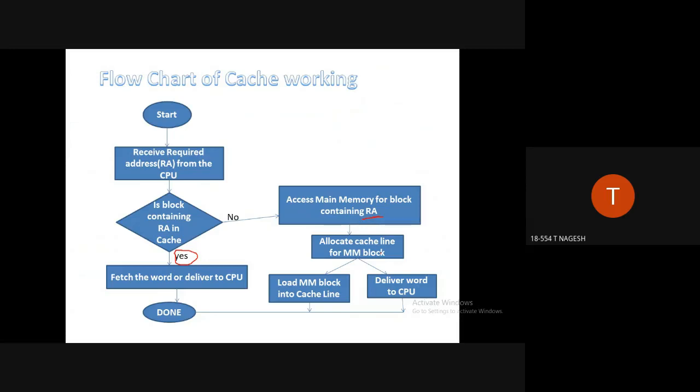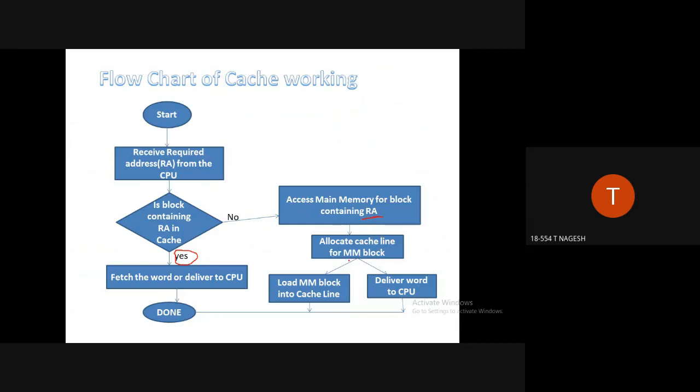Every time a data has to be inserted into the cache memory, that entire block will get inserted onto a cache line. You might get confused about this cache line and main memory block, so we'll come through all these terms later in this session. Don't get confused by all those terms; simply try to understand what I'm saying, right? So this main memory block will get allocated onto a cache line.